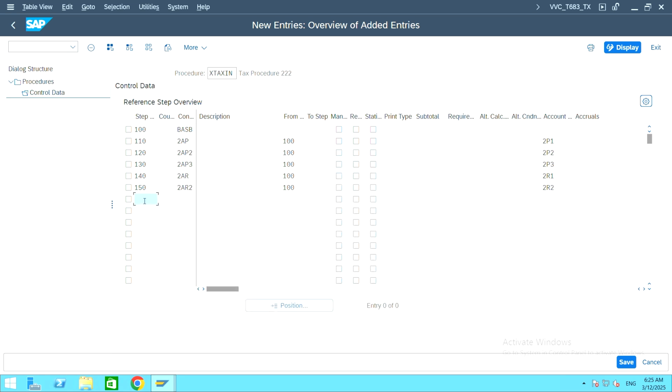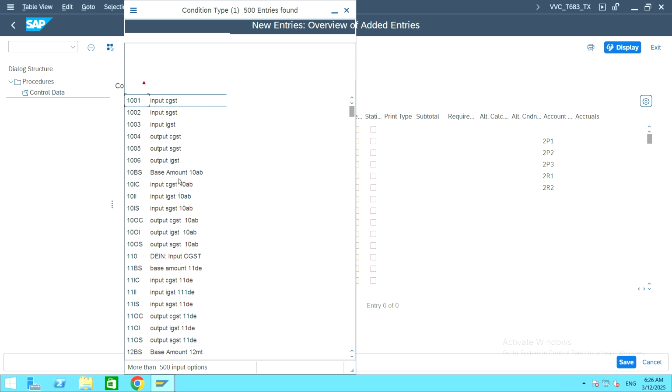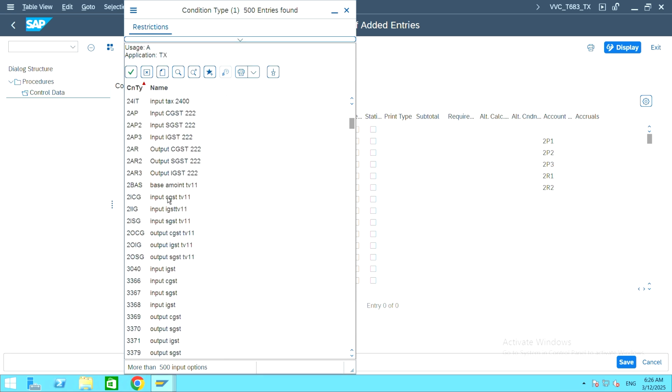and the next line is step number 160. For the 160th step, we are calculating output IGST. In the condition type column, for the 160th step, click on search and scroll down. You will find 2R3, that is output IGST. Double click on output IGST,